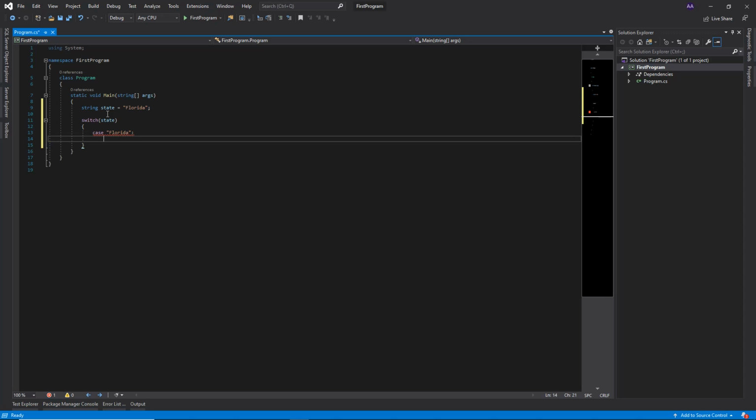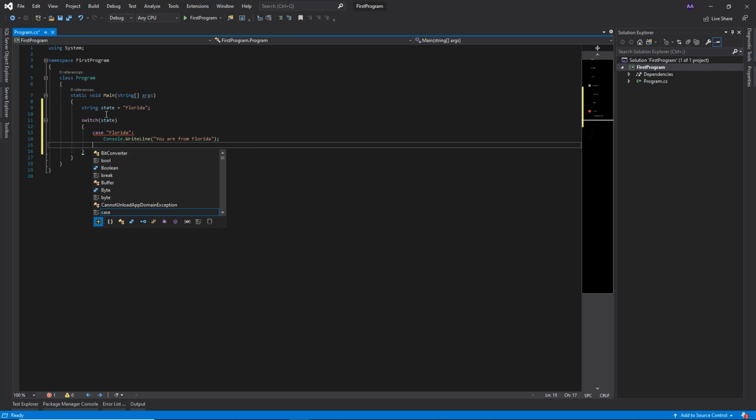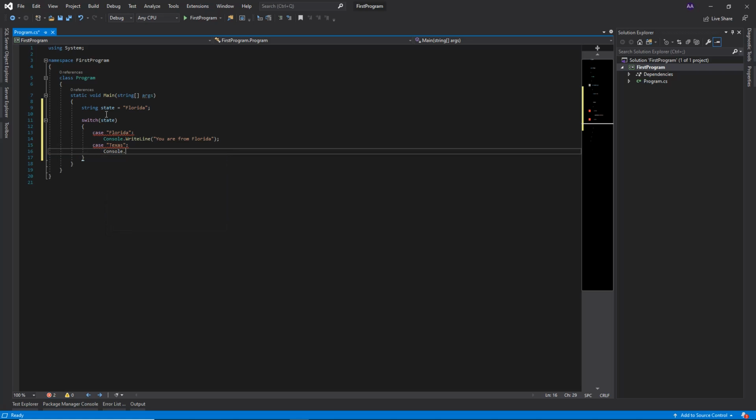Then we're going to say, write line, you are from Florida. Let's have another case. If it matches Texas, we'll say you are from Texas. And